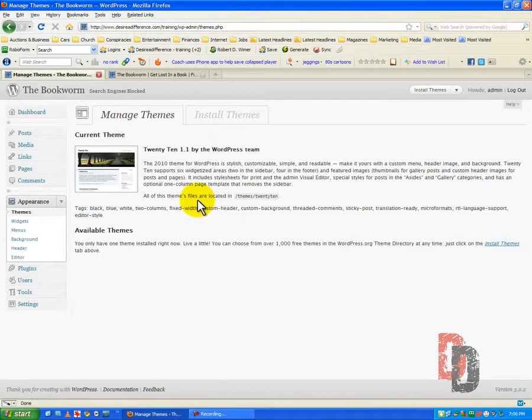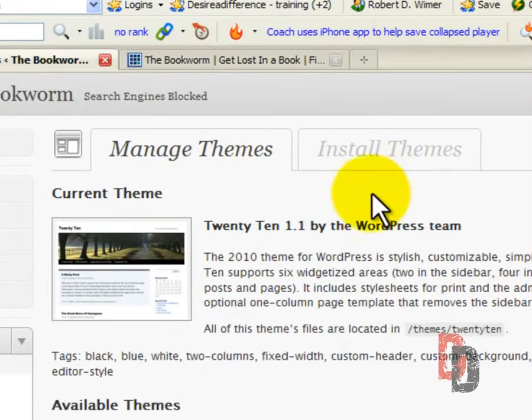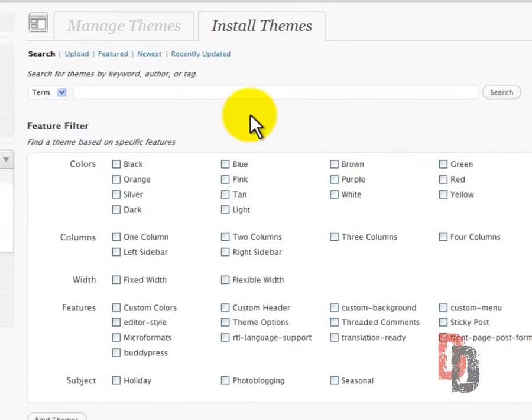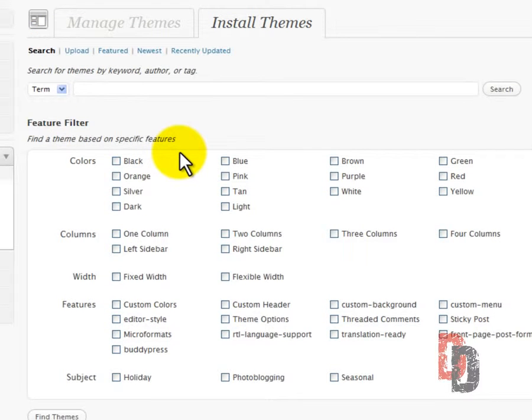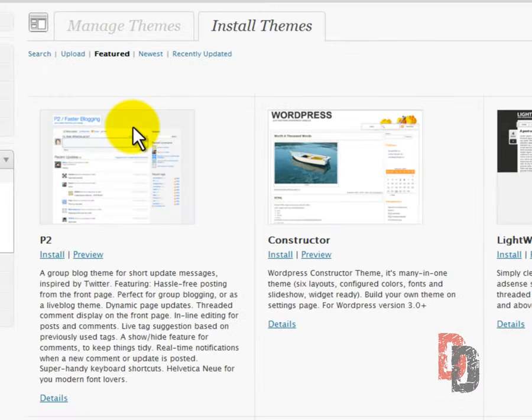Now we're going to get into installing a new theme. Yes, let's get out of 2010 by WordPress team. No offense to the WordPress team, it just doesn't look very cool. Now you can go ahead, and this gives you just a myriad of different choices, and I'm not going to get into all of them. We're going to go ahead and look at some featured themes,